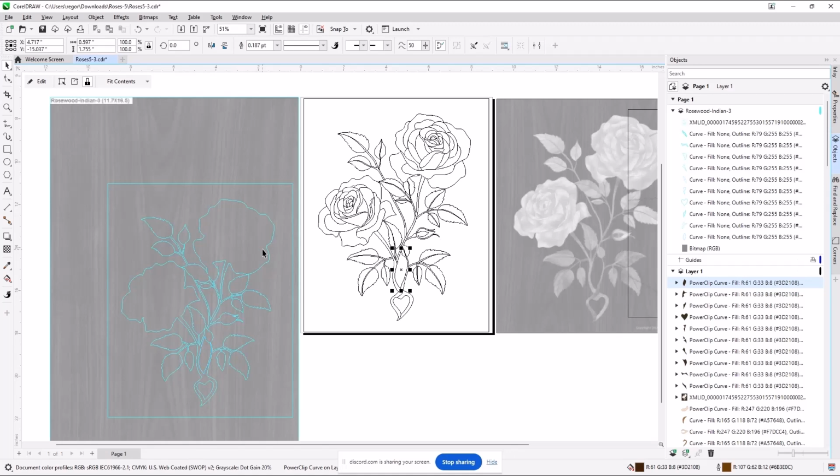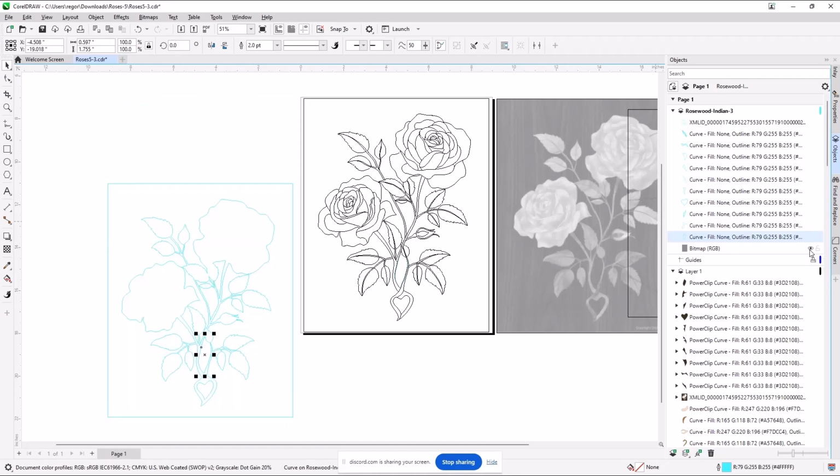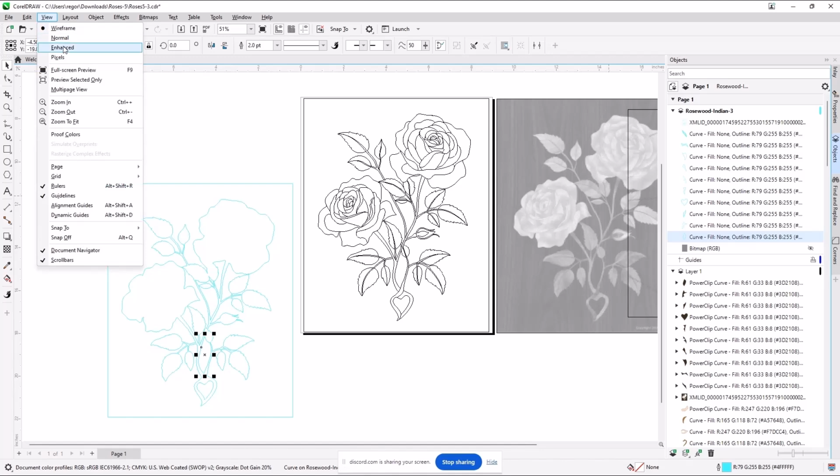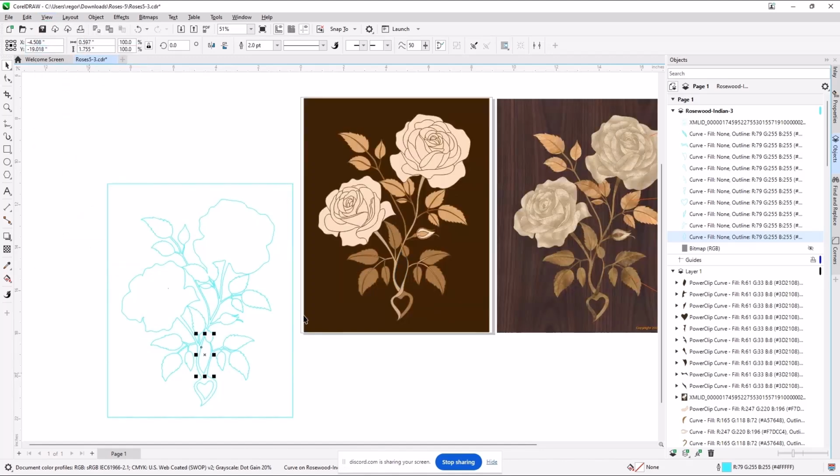When I'm working with the cutter, that resides up in the, I don't know how to describe it, on the same page but above where you are working on the pieces, is where Vincent puts all of the information. So you can see this curve and this curve and this curve are all resident in this area on top of that bitmap. I can turn the bitmap off and you can vaguely see what's going on there. Let me turn the view back to normal. So you can see where things reside.